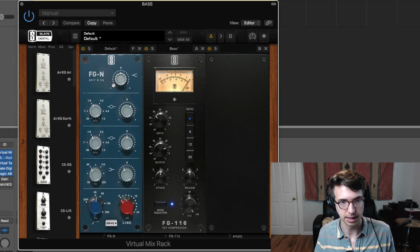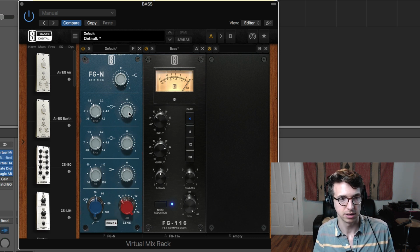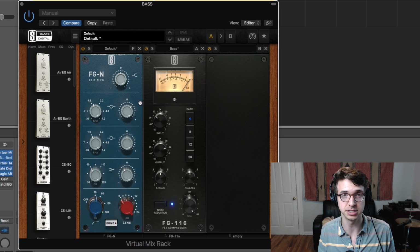So just like with the kick drum, I boosted some of the higher frequencies. So this is sort of a 1.7K. I added 4 dB there. That again is bringing out the attack of the note just to help it cut through the mix, because, you know, the piano covers up a lot of it, the drums cover up a lot of it. So just trying to find ways to get the actual attack, the transient of each bass note to cut through